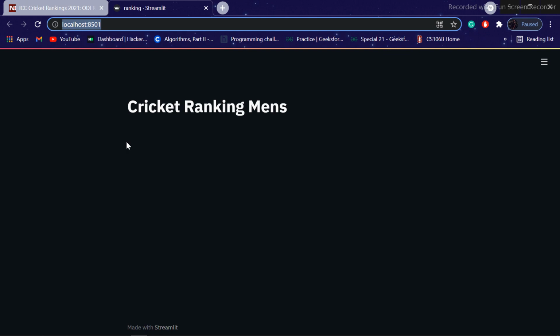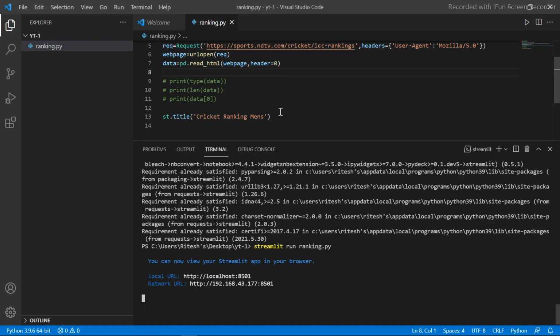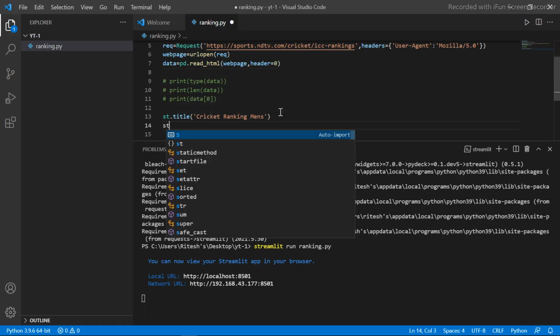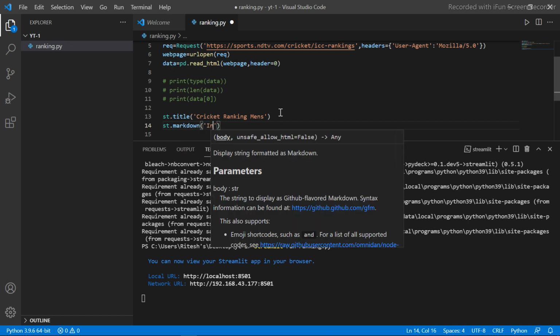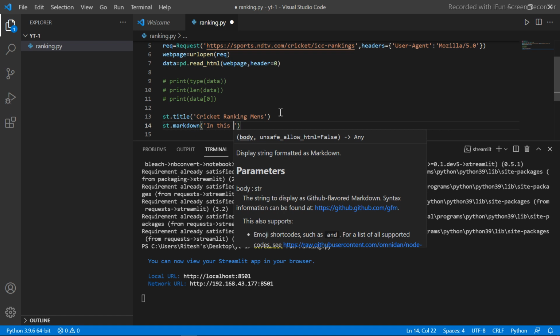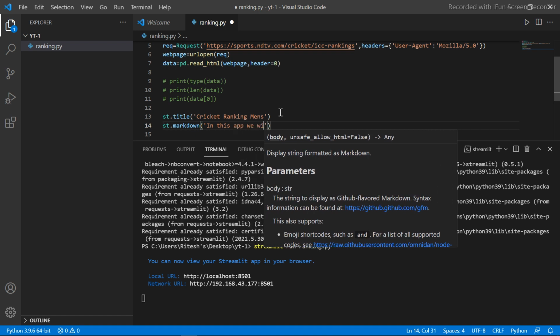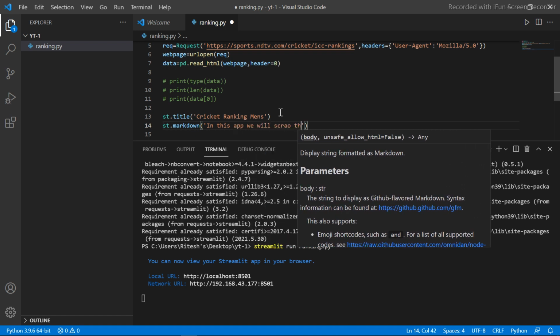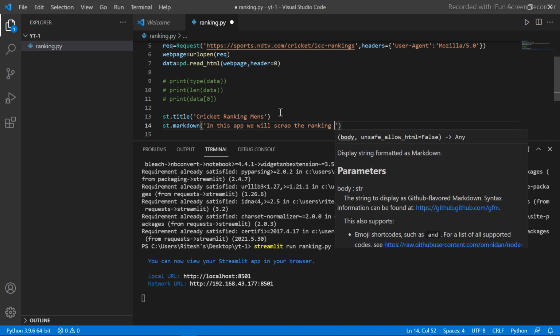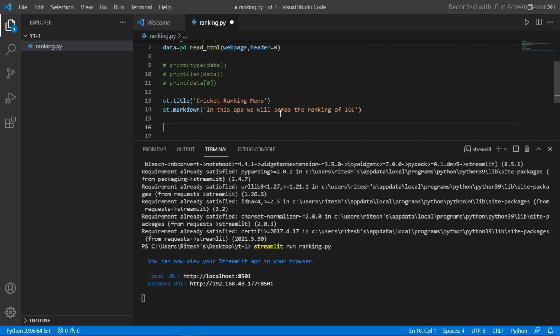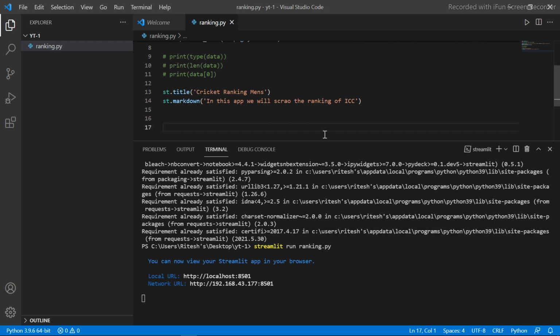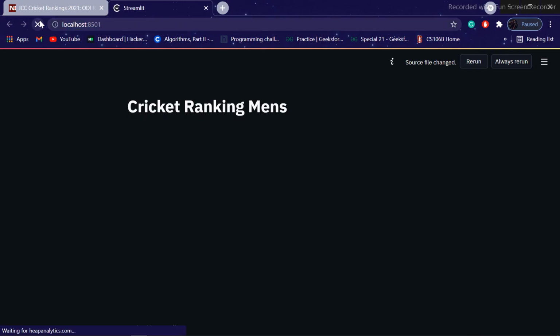I will give some text below this using st.markdown: In this app we will scrape the ranking of ICC. Let's see how it will look.